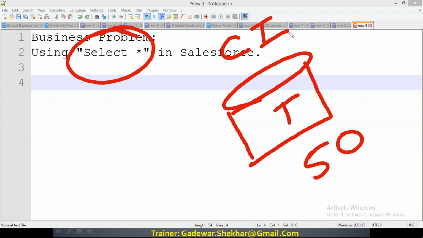Select first name, comma, last name, comma, age, comma, experience, comma, salary, comma, address, comma, second middle name, comma, fax number, comma, email address, comma, website. All these things you have to explicitly mention, and this is because of the limitation of not supporting select star. Salesforce SQL language doesn't support select star. So what is the alternate solution for you?